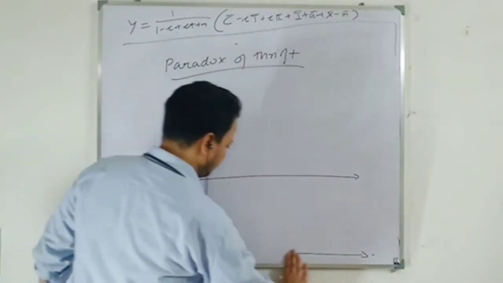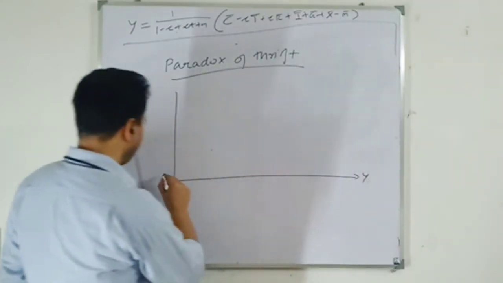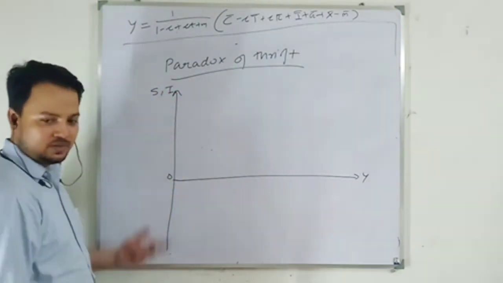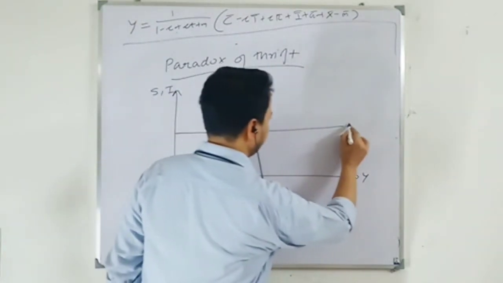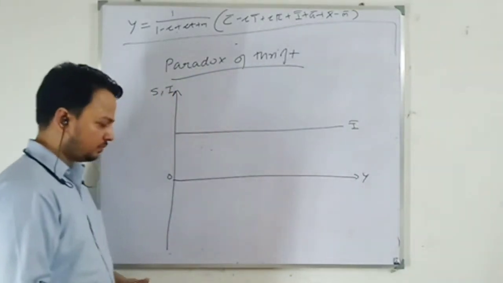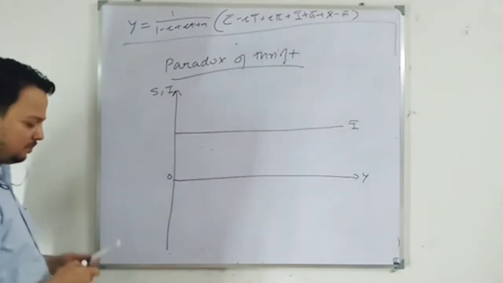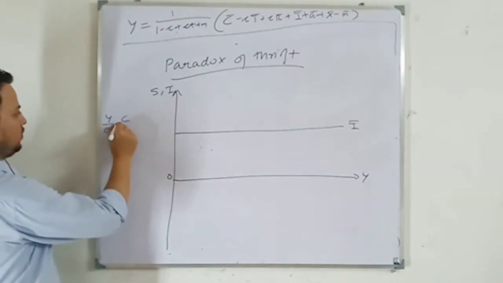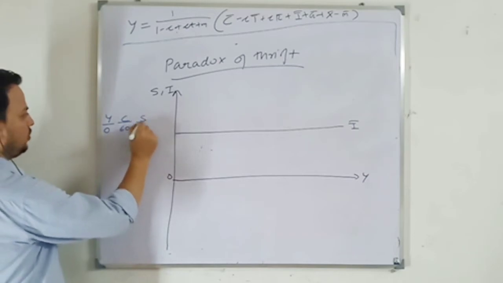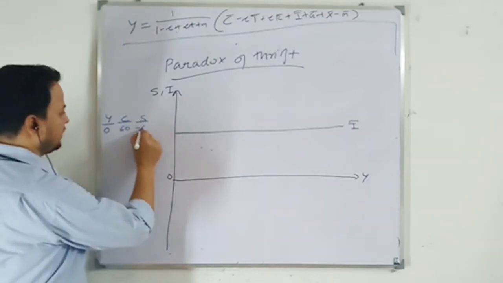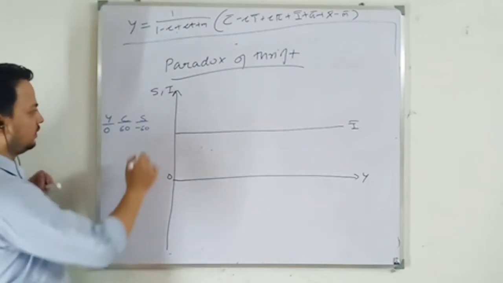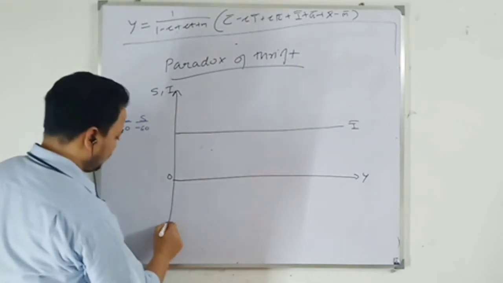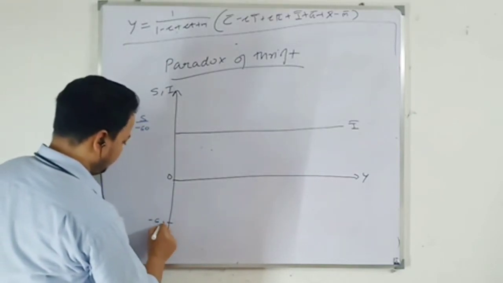Why I'm doing it so? This income, here 0, here you have negative term. Saving and investment I am taking here. Investment I have taken autonomous. So let me give you a simple example. When your income is 0, you are consuming say 60. So your saving is minus 60. So let me draw this thing. So intercept term will be minus 60.